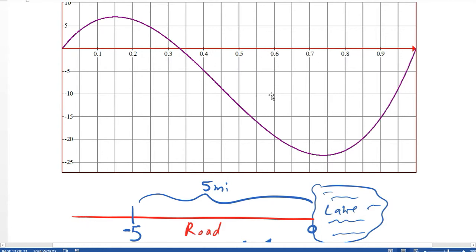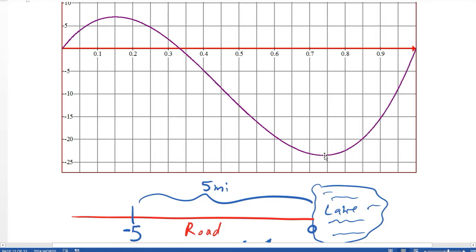At some point in here, I don't know where it is, maybe it's around 0.5 something, this area is the same as that area, and she is back where she started, and then she continues to go further away. Her fastest speed is actually right here, where the absolute value of the velocity is the biggest, which is about negative 3 miles per hour, which happens here at about 0.74 hours, or about 0.75, 3/4 of an hour would be 45 minutes. Maybe about 43 or 44 minutes into her trip is when she's going the fastest,